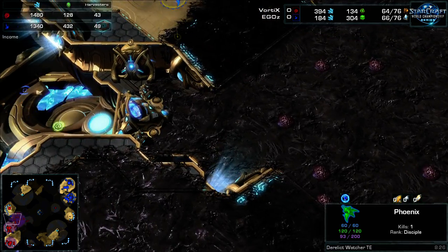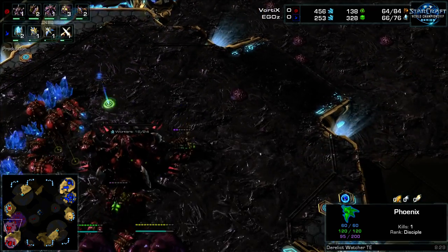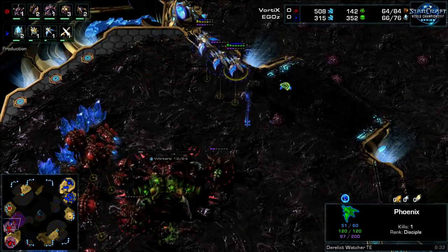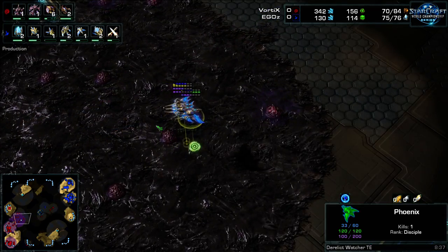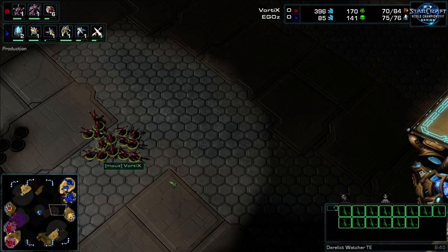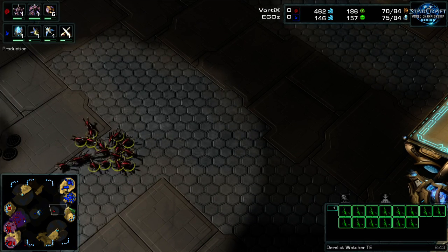He's going up to 49 probes already, so it's unlikely that Oz wants to do anything on 2 bases. Worker count is simply too high for that. And yes, these Phoenixes have been annoying, but no crucial damage has been done. It's going to be so hard for him to take that third base. I don't think that he's playing against...